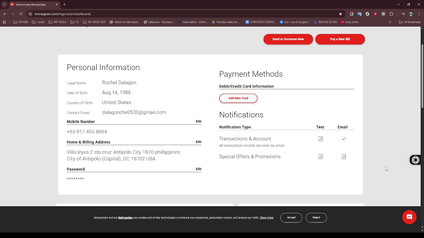And that's it. In just a few minutes, you've successfully created your MoneyGram account and are ready to explore the multiple services they offer. Whether you're transferring money to family and friends or paying bills, your new MoneyGram account is ready to facilitate your financial